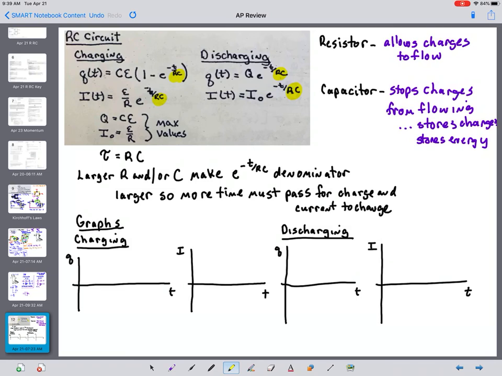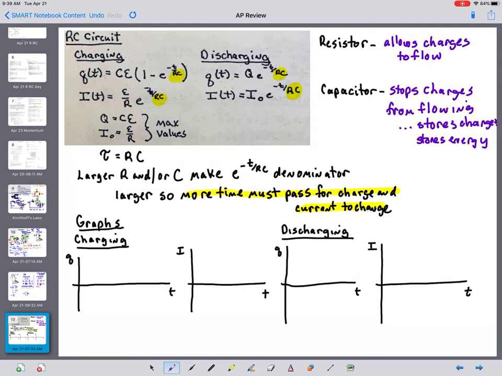And if your fraction in the exponent gets smaller, it takes the time, the t, longer. You need more seconds to be able to get to the value of RC and to cause that change. So the net effect of changing your R and your C is when you make them larger, you have more time passing to cause the changes in the current and or the charge. So considering our graphs there,